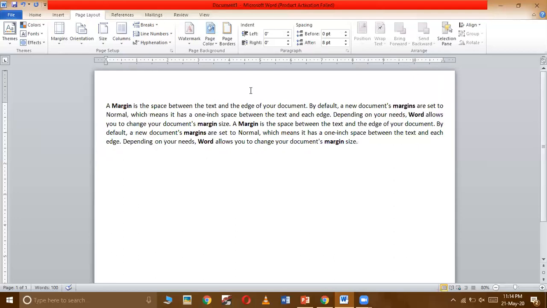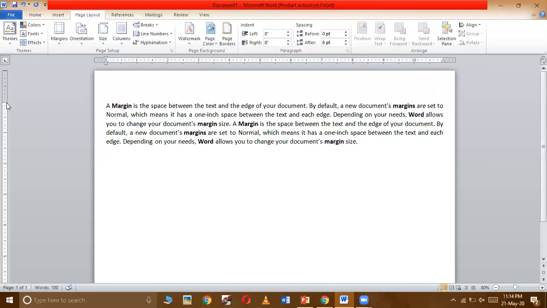Now if you want to decrease the space or margin from the top, then you'll have to use the vertical ruler. Bring the mouse pointer on the line. Here you can see this line which is dividing the blank area, and this white area is representing the area in which you can write, and this blank area on the ruler is representing the area that is set for the margin.